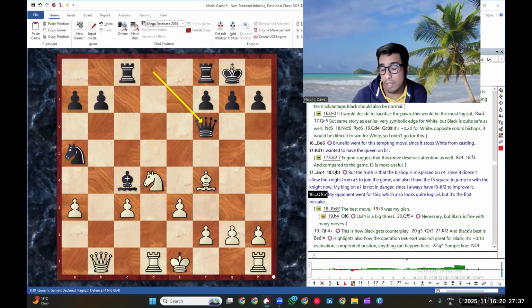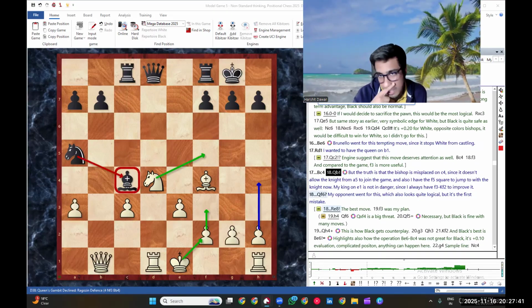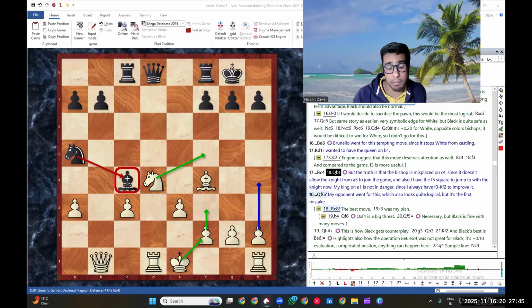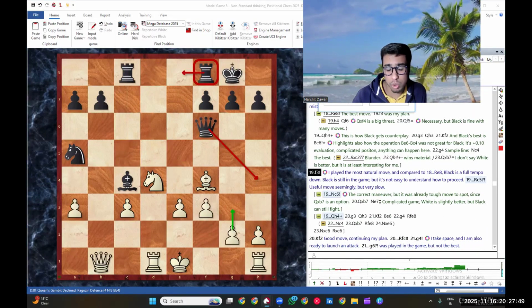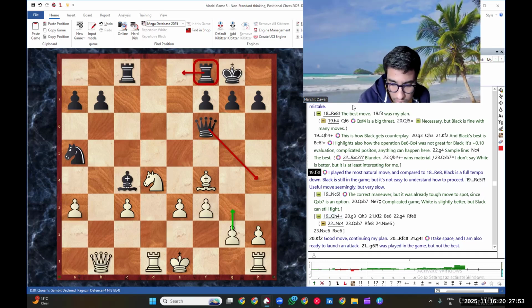And you're gaining a tempo. The king comes to f2, h4 and so on, everything comes with tempo. And on rook e8 you have to play g3 and lose a tempo. Here you are playing bishop g3. And a very important thing: if you are not playing pawn g3, then the queen also doesn't come to h3. So you just have to retreat, with no good square, no tempo, nothing.